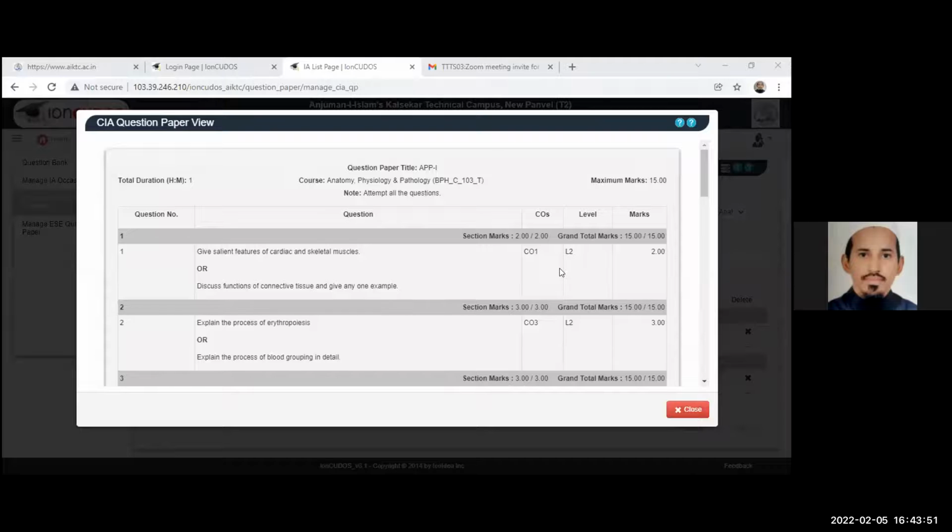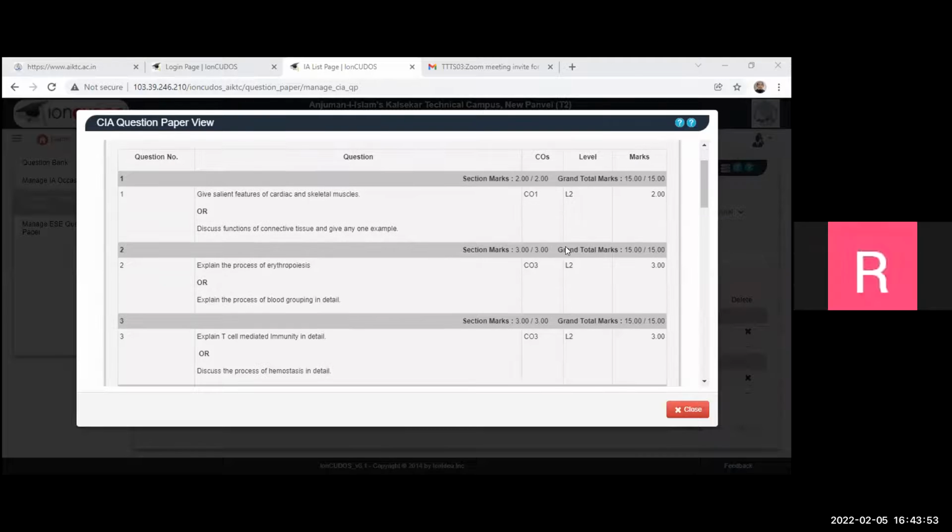Understood, sir, madam? Yes sir. So whatever question paper you are deciding, the number of questions and marks, we can decide on our own? Yes, you can decide on your own.